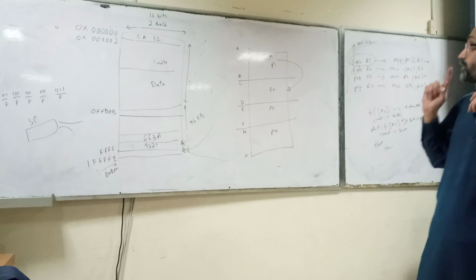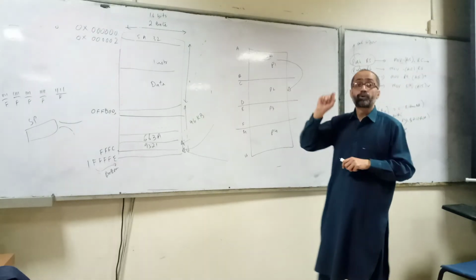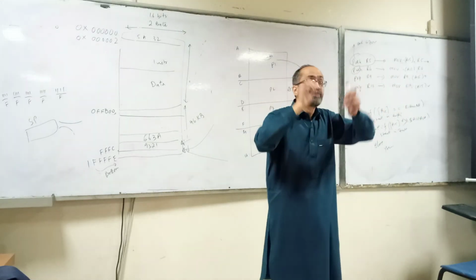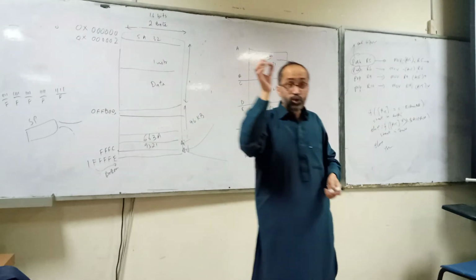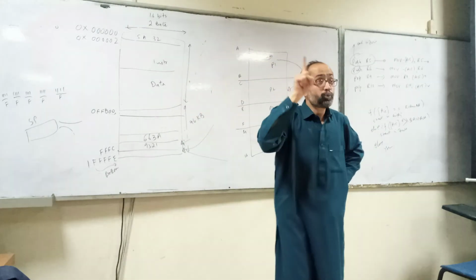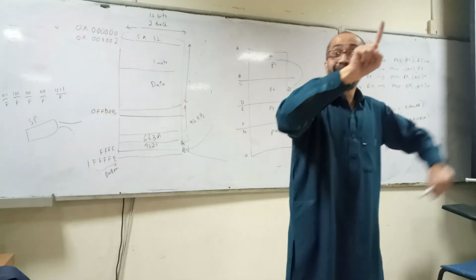So what's the job of the operating system? The job of the operating system is to perform isolation between different programs. It allocates space to different programs, and it also takes care that one program should not generate an address that lies within